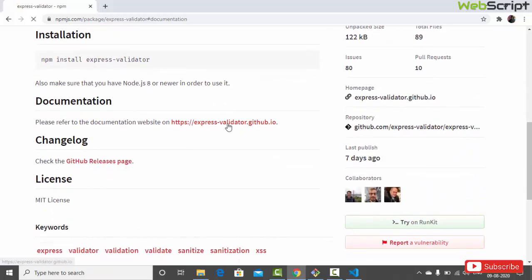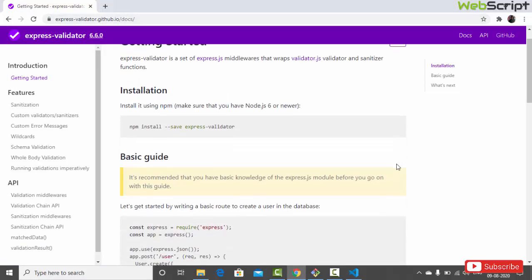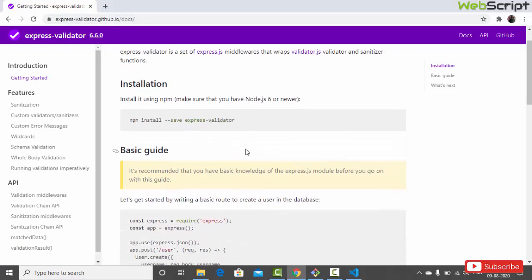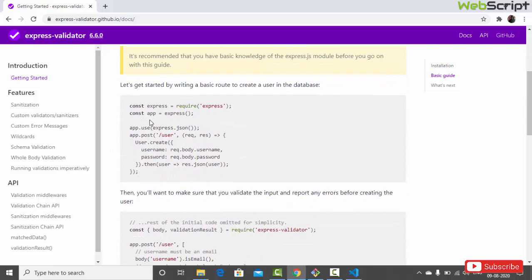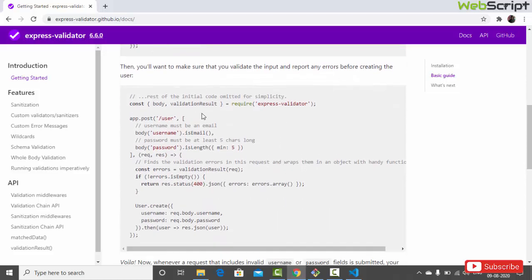So here is the page, actually the documentation, at express-validator.github.io. This is the docs of Express Validator. This is a library you can install with npm, and you can use it as a middleware. So here this is our normal Express server, and it provides a function, body, and you